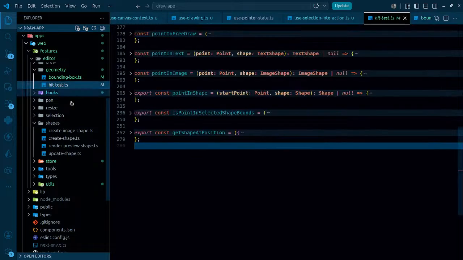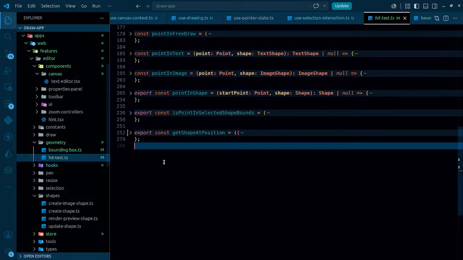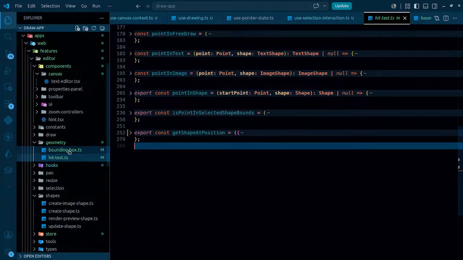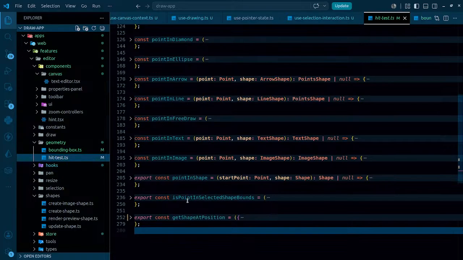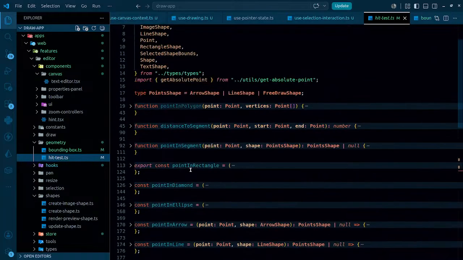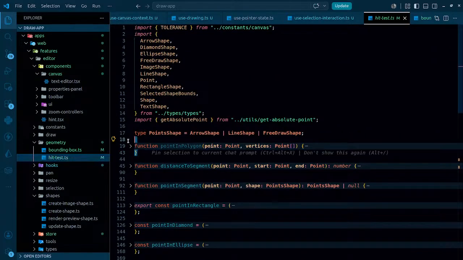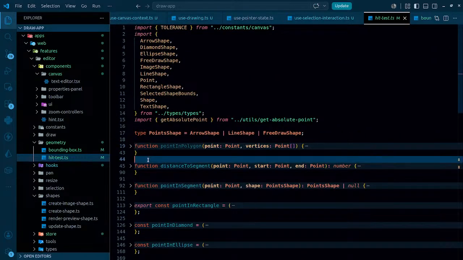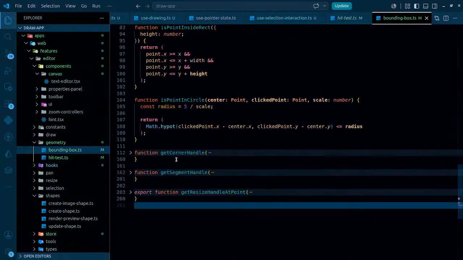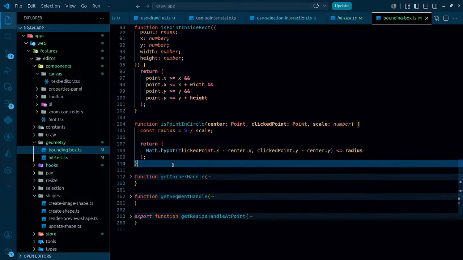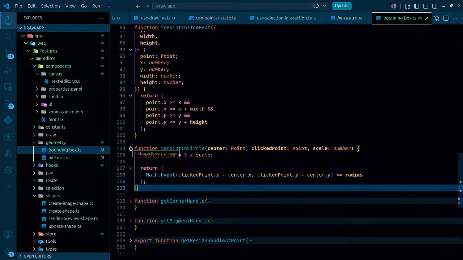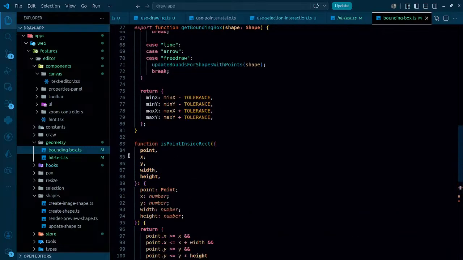These are the hooks. When it comes to hit testing, we have geometry, and I think, should I make the geometry part of utilities? It simply covers everything related to geometry, so even we have the polygon, we can use it later on for other shapes and all. We have bounding box, point in circle,